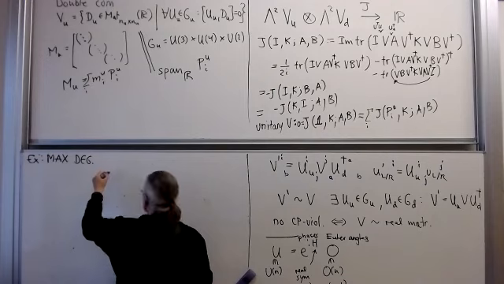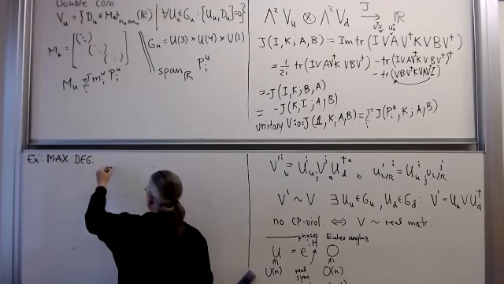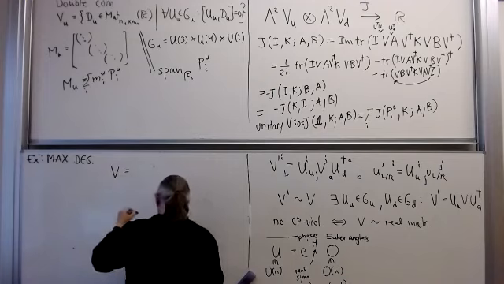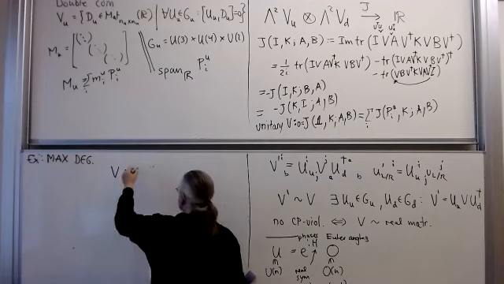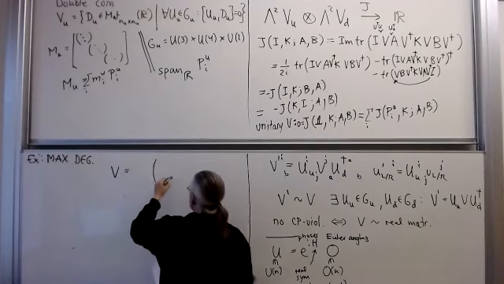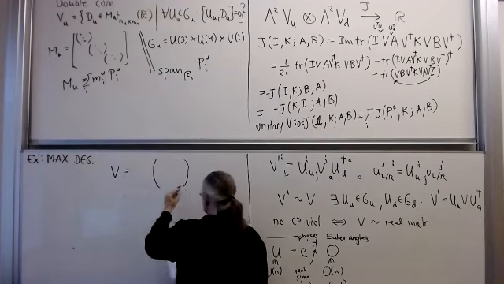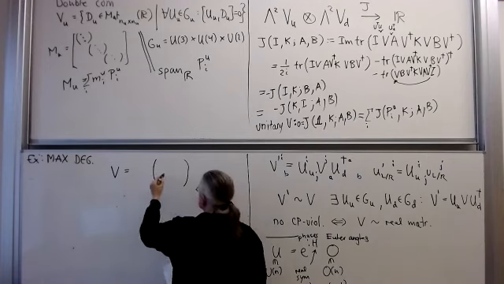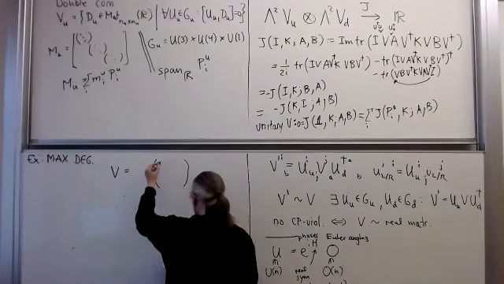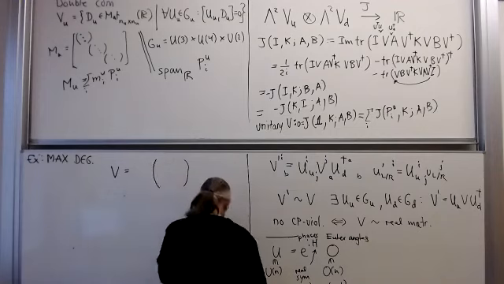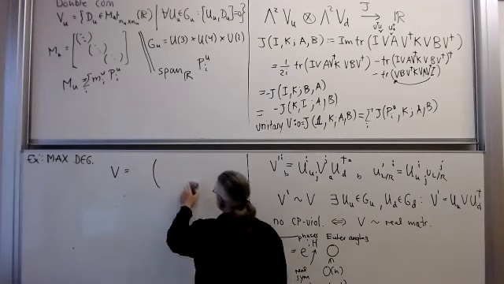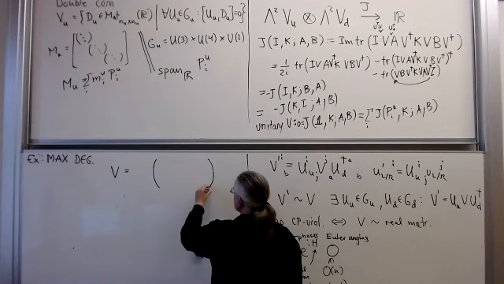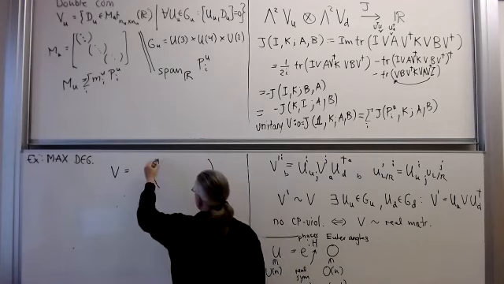Then there is actually a singular value decomposition, which says that a rectangular V can always be written as a unitary matrix times a diagonal matrix with positive entries. Actually, this is rectangular, so I should probably draw it rectangular here. So you can draw it